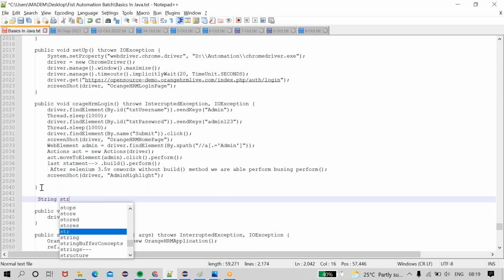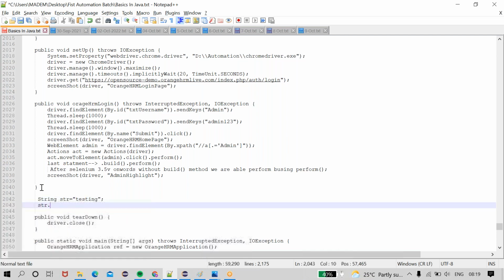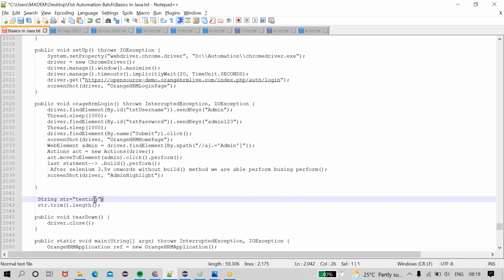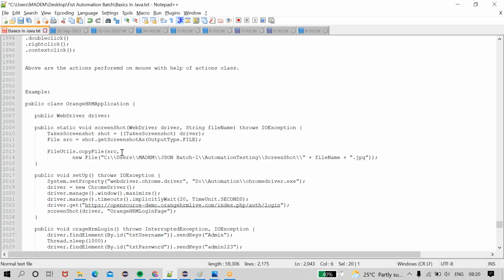String str is equal to testing, str dot trim dot length. We discussed method chaining previously. On a single method we are performing more than one operation, which is called method chaining.